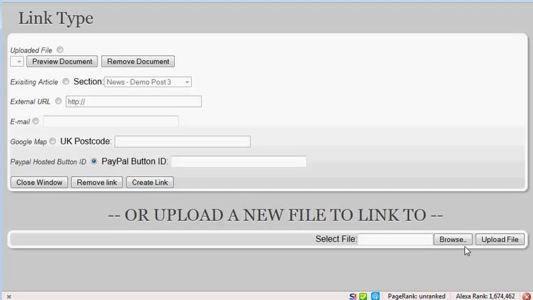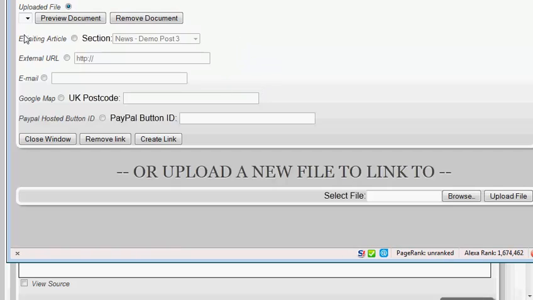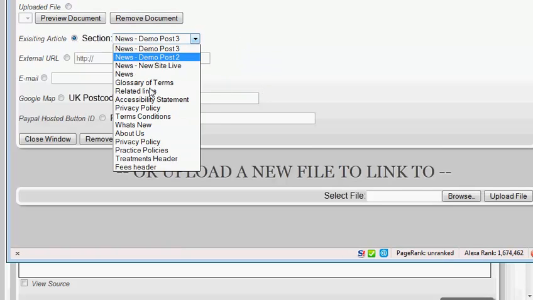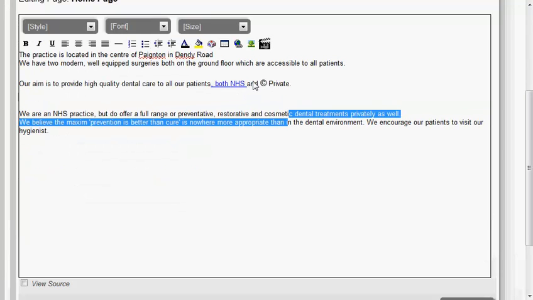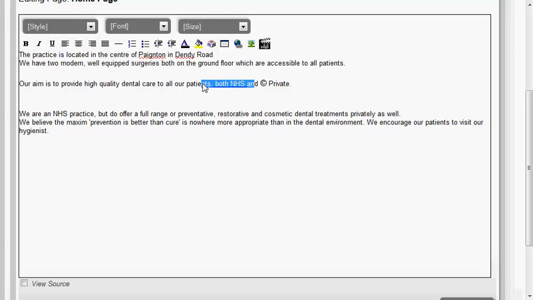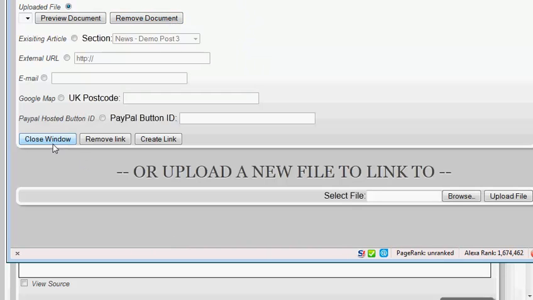Or you can always just upload a file which you can then select from your computer, and then it'll appear in here so you can preview the document or remove it if you realise you've uploaded the wrong file. Okay, so let's just close that for a second. We did select both NHS. And let's just create a quick link in there. Okay, so you can see that text is turned blue and underlined, indicating that it's a link. But you might all of a sudden realise you don't want to use that. So you can always cancel that link by clicking remove